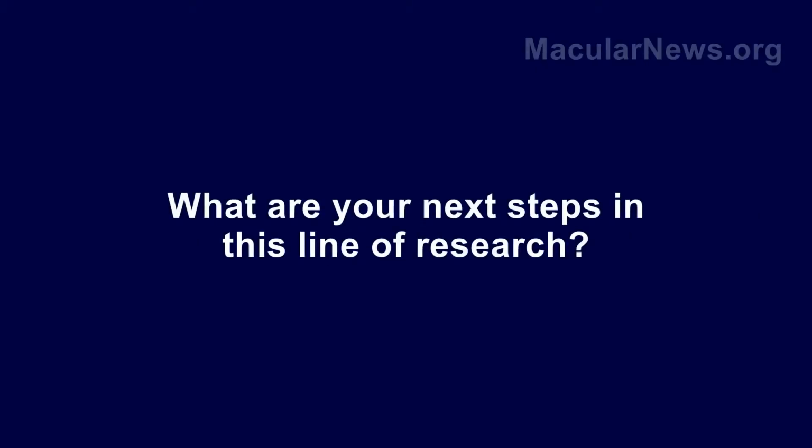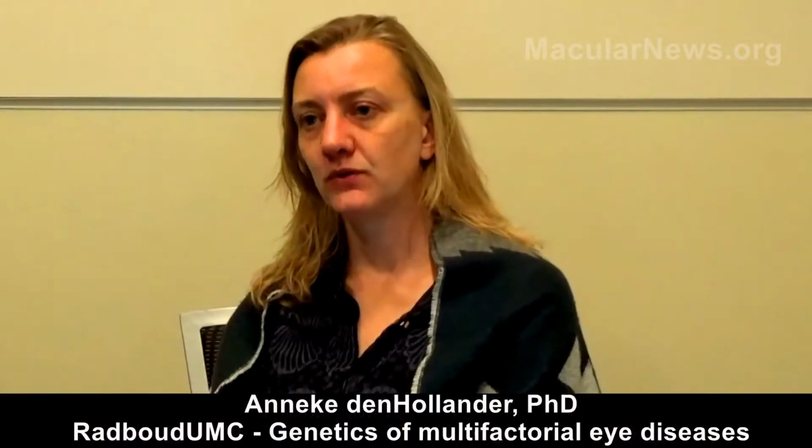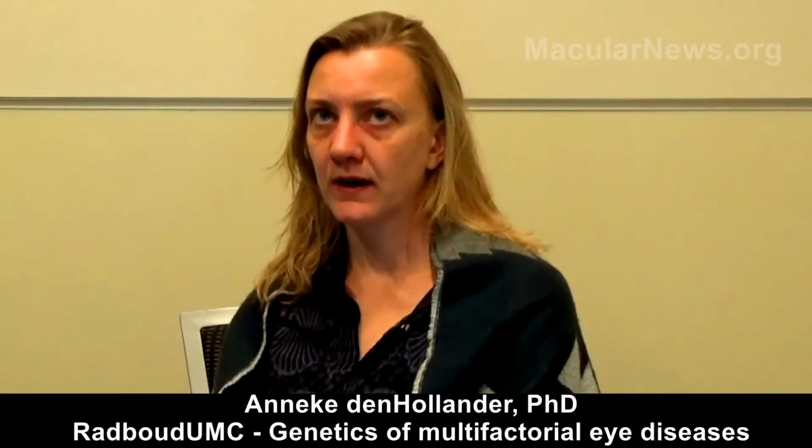What are your next steps in this line of research? Yeah, so we're interested in looking at factors that can be measured in blood, so in plasma or in serum. So one is the complement system, so we've been doing quite a bit of work there, but we've also presented during this ARVO a large metabolomic study. So metabolites